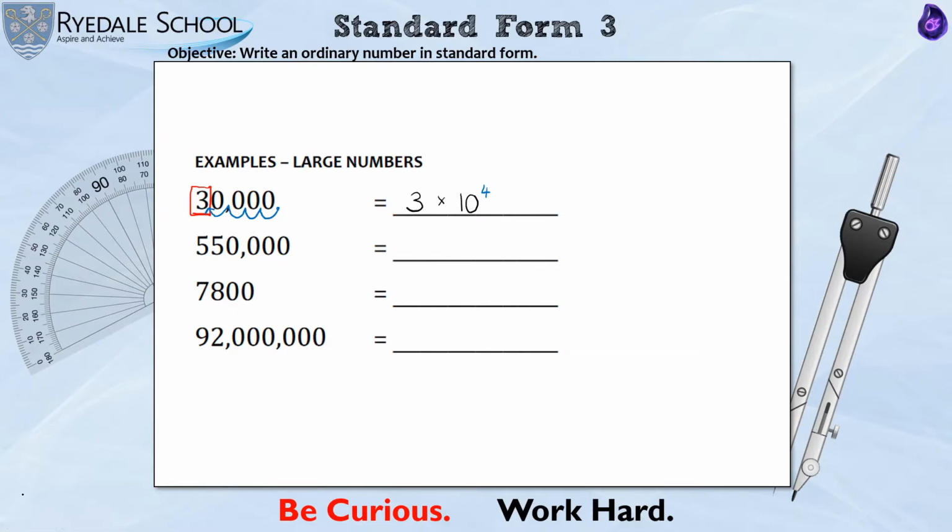Okay, let's look at the next one. We have the number 550,000. So again, I'm going to look at the important digits in this number. Everything else is zeros, but the important numbers are the 55, or the 5 and the 5. But 55 isn't a number between 1 and 10. But if I put a decimal point there and made it 5.5, well, that would be a number between 1 and 10. So my important number for a is 5.5